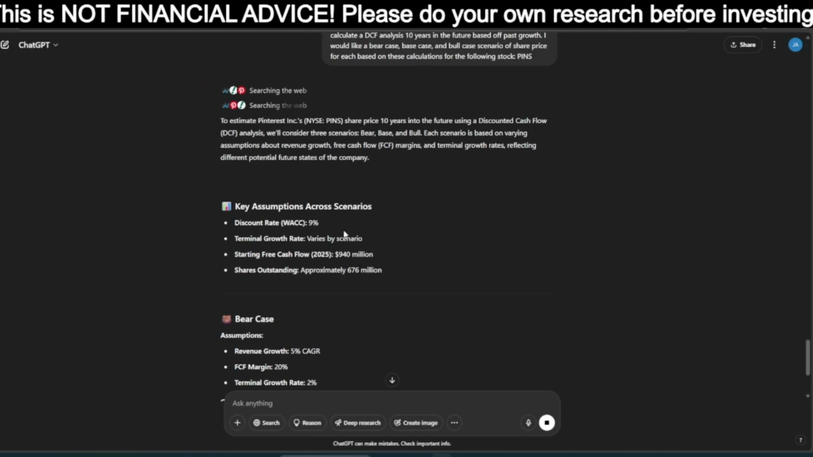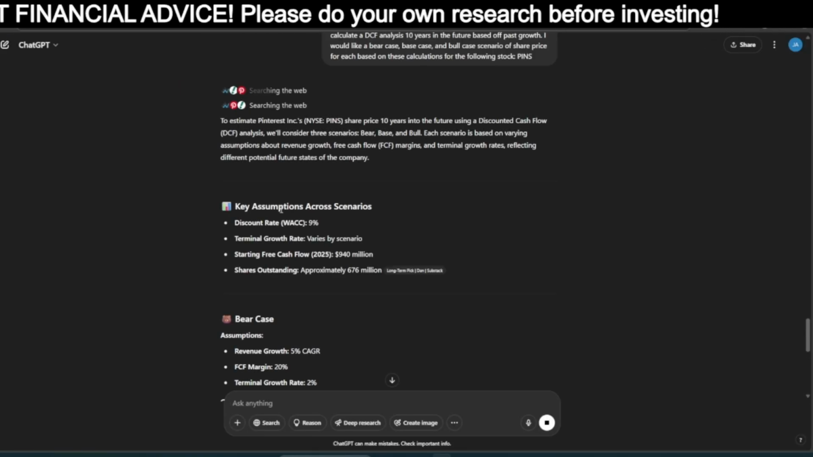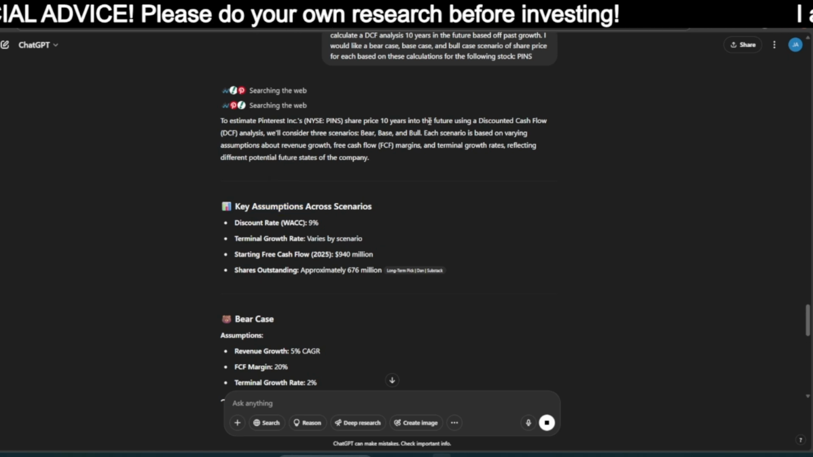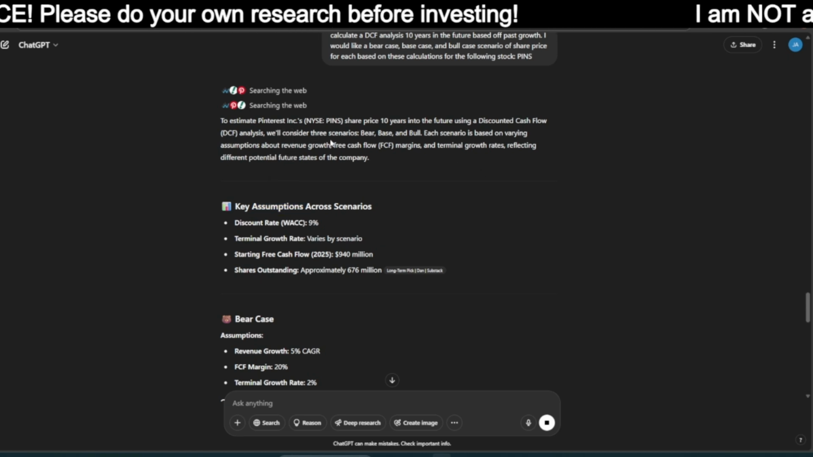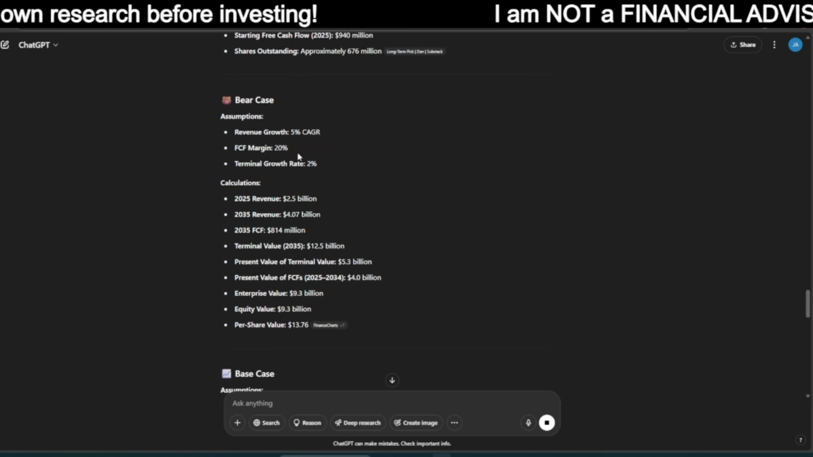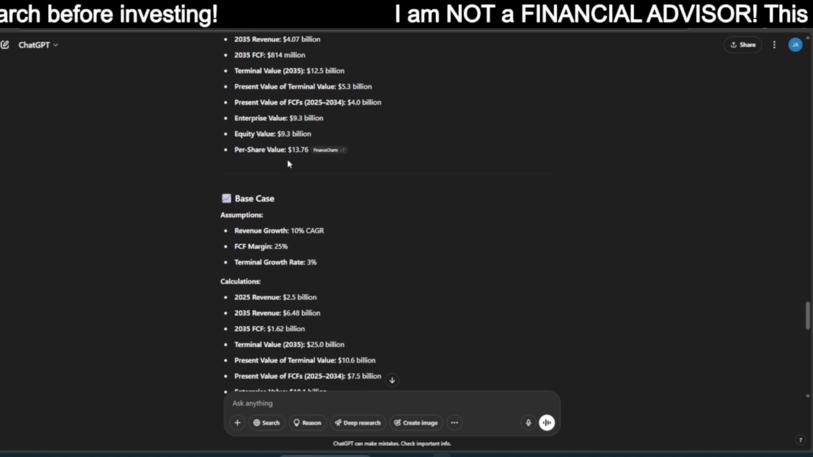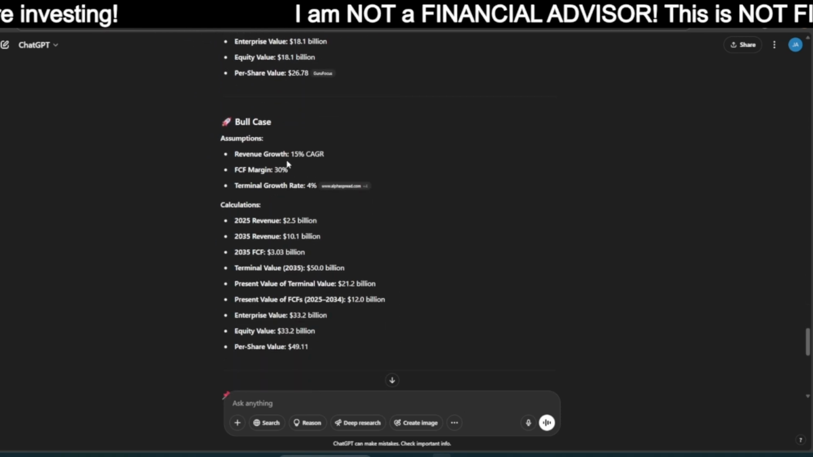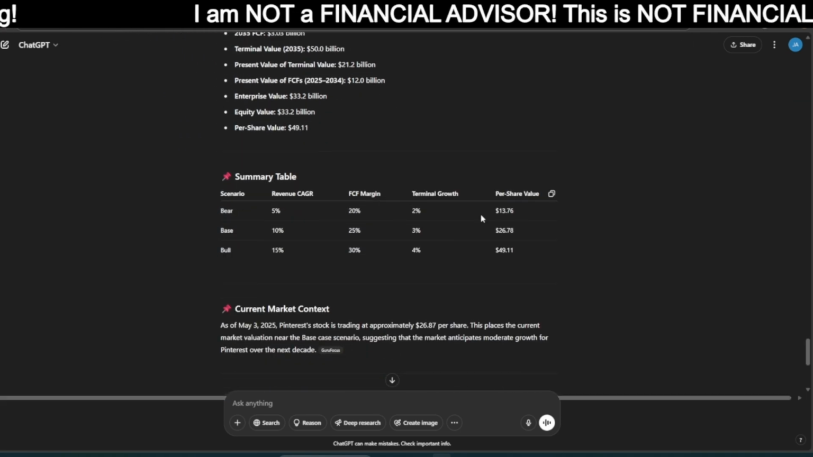All right, here we go. Finally, thank you. So again, it makes some assumptions, which is the key word here to think about. And again, basing off of 10 years in the future using a discounted cash flow analysis. Bear case, again, revenues are slow. Free cash flow margin is 20%. Base case, same thing. Bull case, same thing. And it puts out the values of the bear case